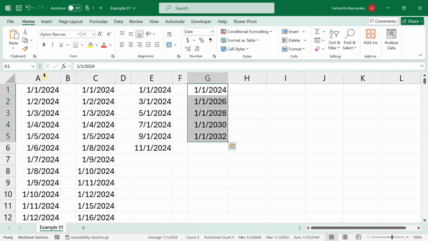That's how you enter series of dates by day, weekday, month, and year by using Fill Handle and Fill Series